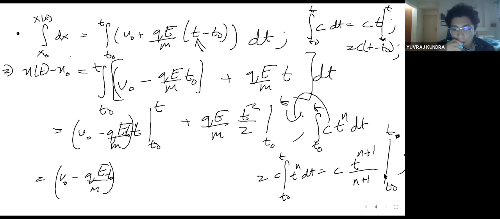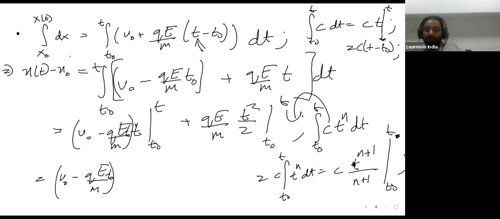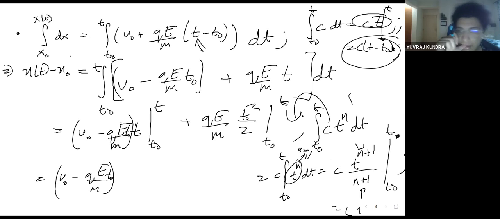Okay. So now if I put n is equal to 0, just to check, this is just 1 for n is equal to 0, and this is also just 1. So it's just t. So it's just ct. So what we did up here is absolutely correct. Make sense? Yes, sir.